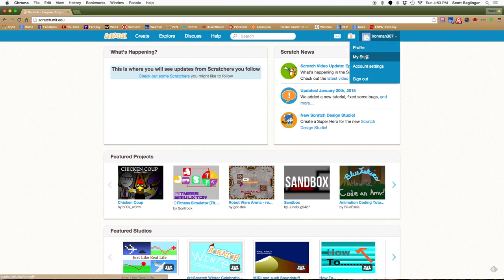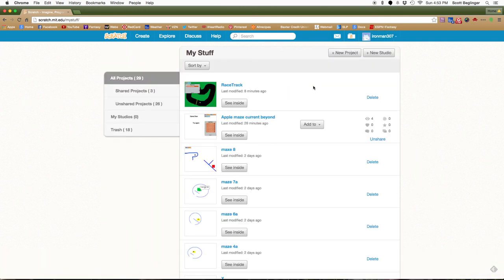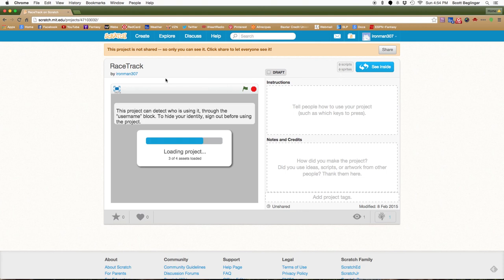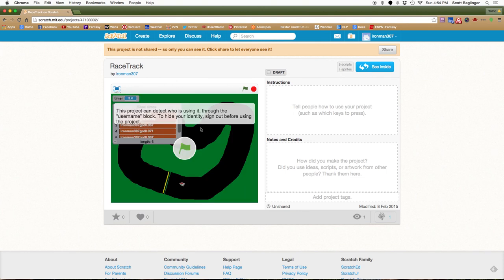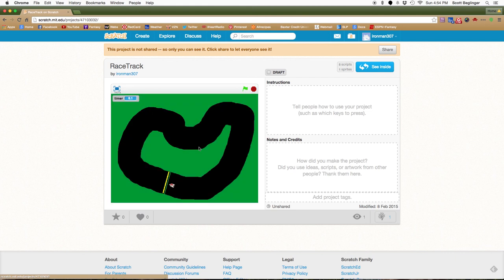And so you're going to log in, you're going to go to My Stuff, and from here I'm going to show you we're going to be making a racetrack that has a score system on it. So you're going to come in, you're going to create a new project, but your project is going to look like this. So when you click on the green flag,